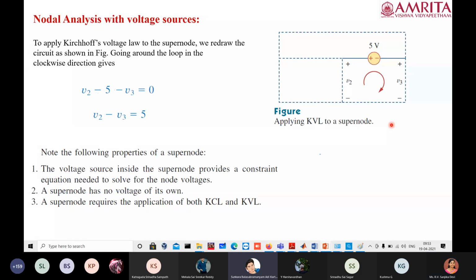What's your name? Adi. Okay. Have you attended the previous classes, the mesh analysis classes? Yes, ma'am. Ma'am, in meshes we don't consider the polarity. We take this direction and do it. Only for the battery we consider the polarity. No. How will you write a KVL without considering the polarity for the resistances? For resistances, we think they are all positive if we take a clockwise direction, except the battery. Nothing like that. Please refer to your mesh analysis notes, okay?